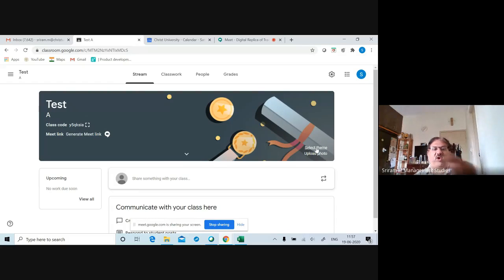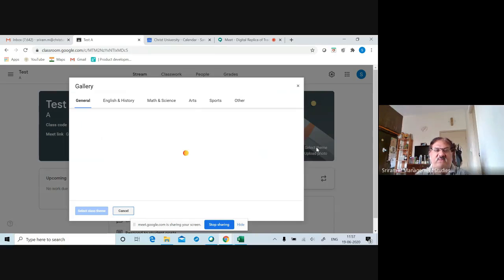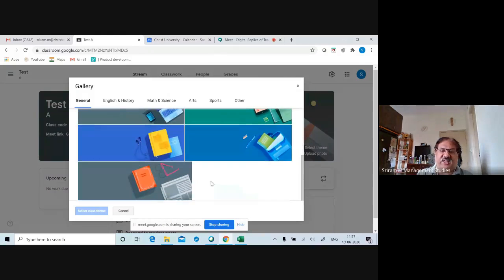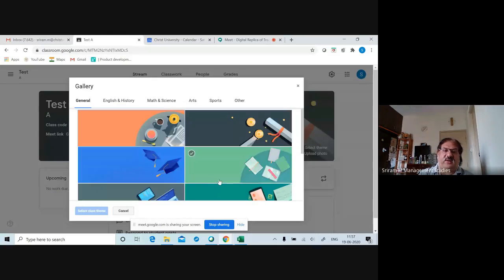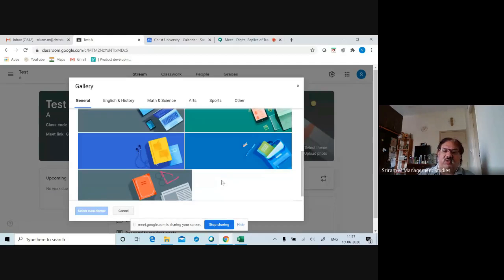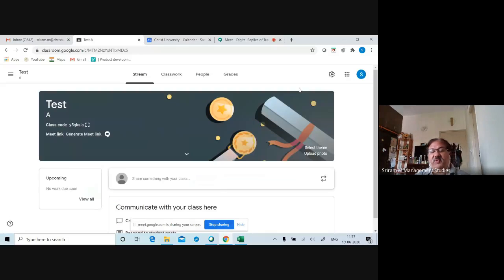If you want to make your page look really colorful, you can use these default themes which you feel is more suitable for your subject. If I don't want any of these themes, you can upload a photo, but that photo should be of a certain resolution that the system will specify.